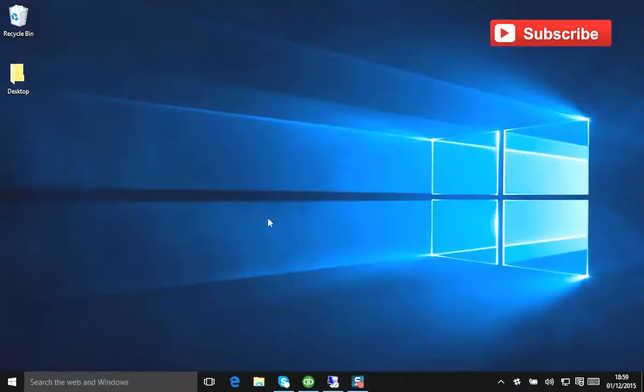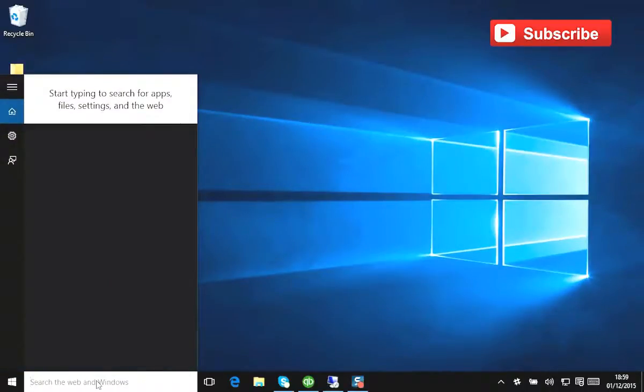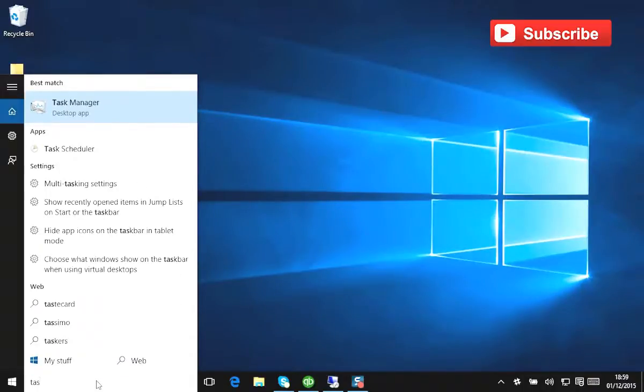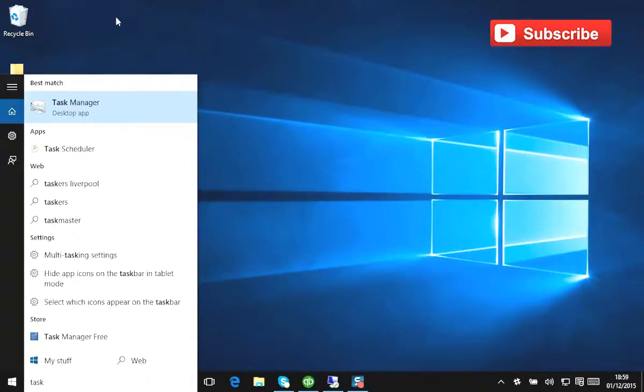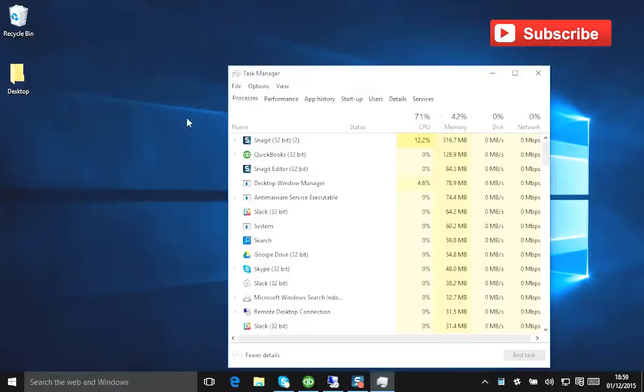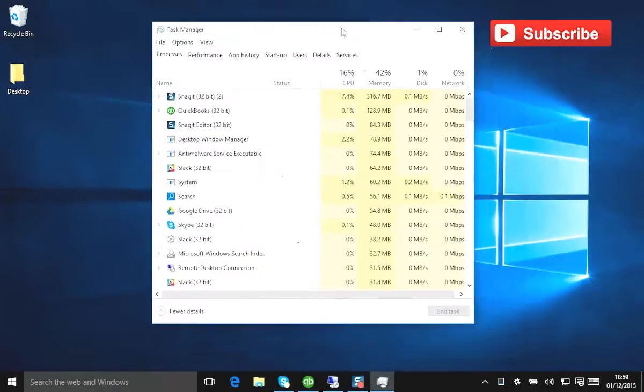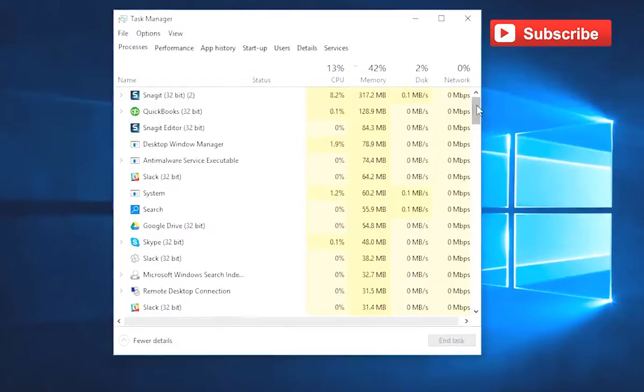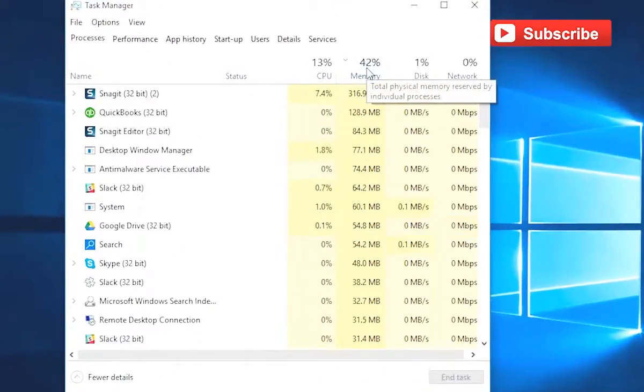First thing to talk about is really what's running in the background. The best way to find that out is with the Task Manager. If you just type in the word task, you'll see the Task Manager comes up in Windows 10. This is actually quite a good view of what's going on in the system, and if we look by clicking the memory here, we can see what's using up the most RAM, and that typically is what's going to slow